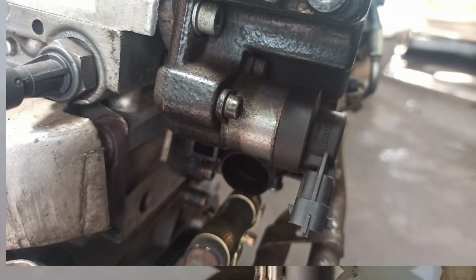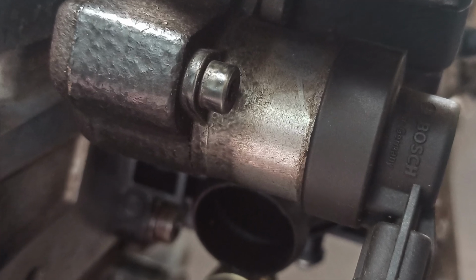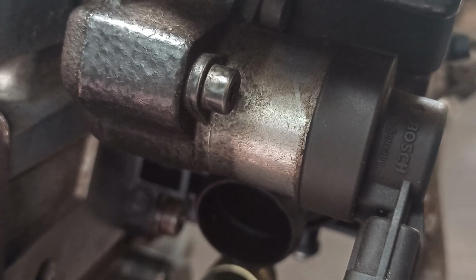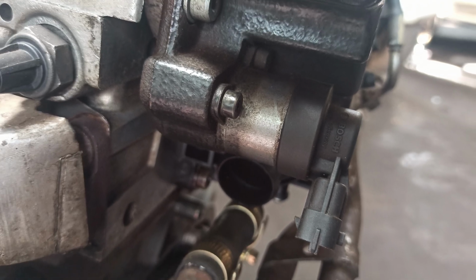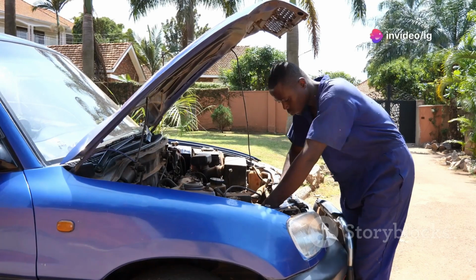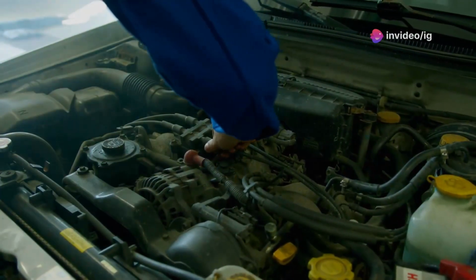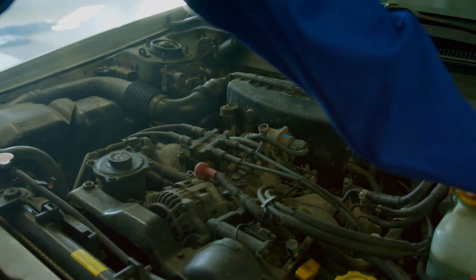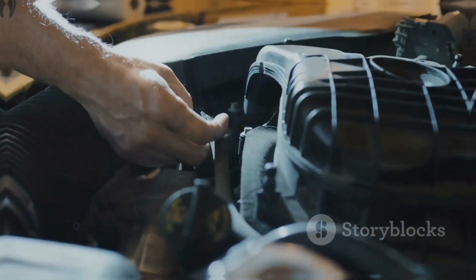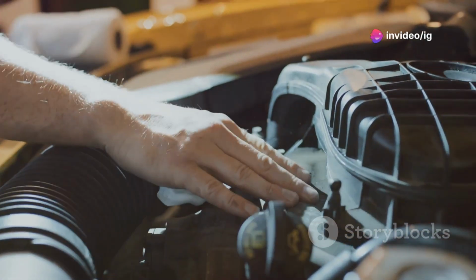So stick with me. So what exactly does P0004 mean? P0004 is Fuel Volume Regulator Control, Circuit High. In simple terms, it means there's too much voltage running through the fuel volume regulator circuit, which can mess up your fuel system and cause your engine to run inefficiently or not at all. The fuel volume regulator is part of your fuel pressure control system, and if it's not working properly, you're in trouble. The good news? We're going to walk through exactly where these parts are and how you can fix this